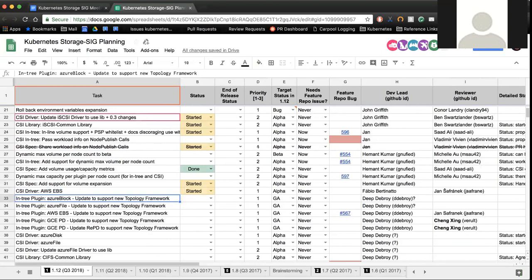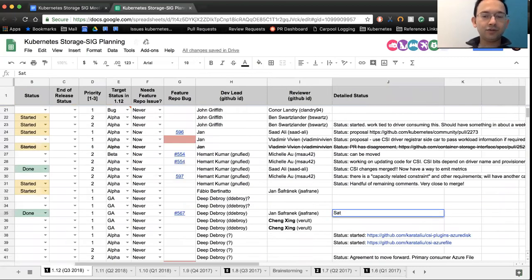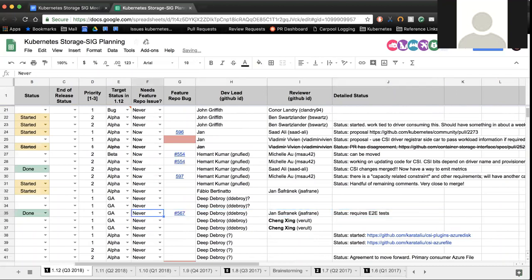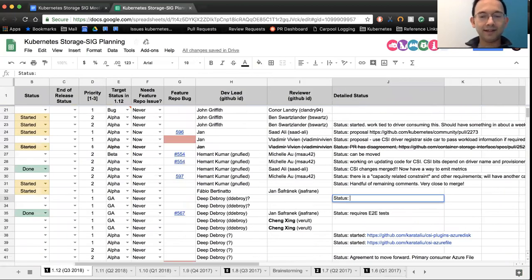So yeah. We're going to skip over the CSI driver, and for the entry drivers, let's discuss the topology changes. Deep, do you want to give an update on these: Azure, AWS, and GCE? Yeah, so number 35, the EBS is in. We need to add the end-to-end tests, as Michelle pointed out. Cool. For Azure, the zone awareness just landed. I think the PR is probably all approved, but they can start using the common modules that we introduced with AWS. And GCE is the next one that's going to be started next week.